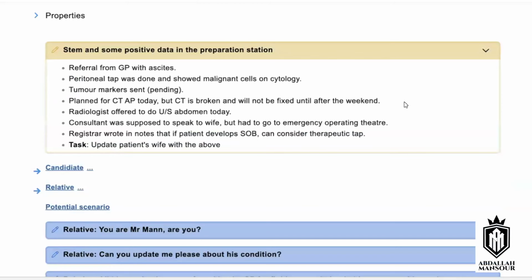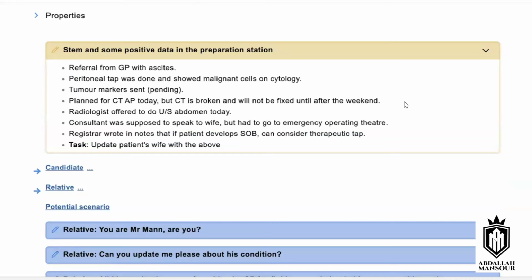Right, so you have a patient who's currently an inpatient, met from the GP with ascites. We've done a peritoneal tap for them, and it showed some malignant cells in cytology. The tumor markers were sent. We don't have the results yet, and the patient is being planned for CT abdomen pelvis, but CT is broken